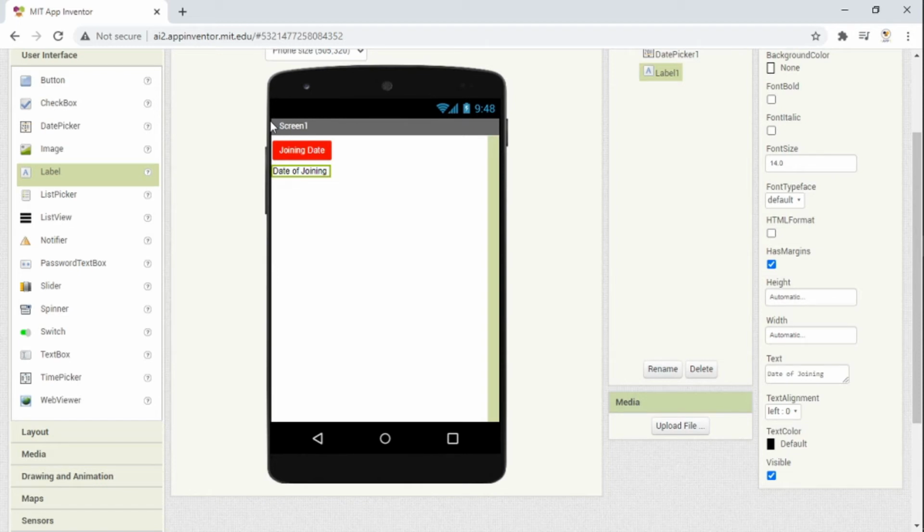When we click on Joining Date, a date picker pops up on the app screen. When the user selects a particular date and clicks OK, that date is shown on our label, which is named Date of Joining.